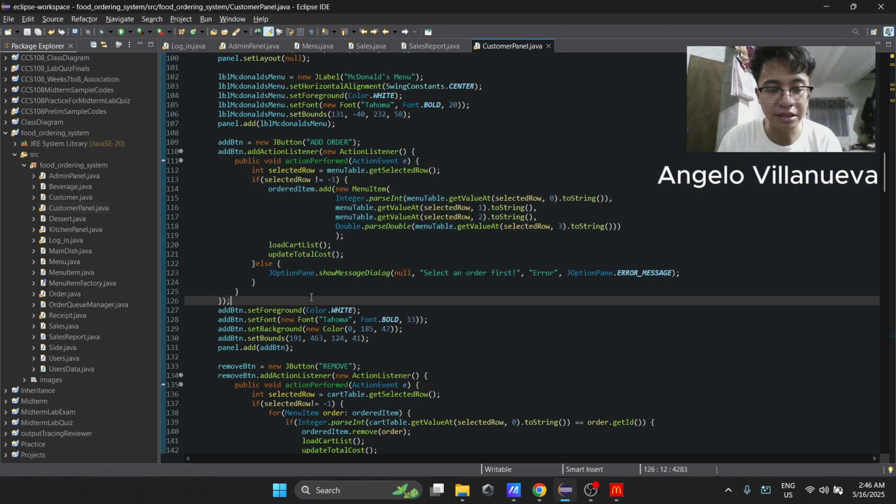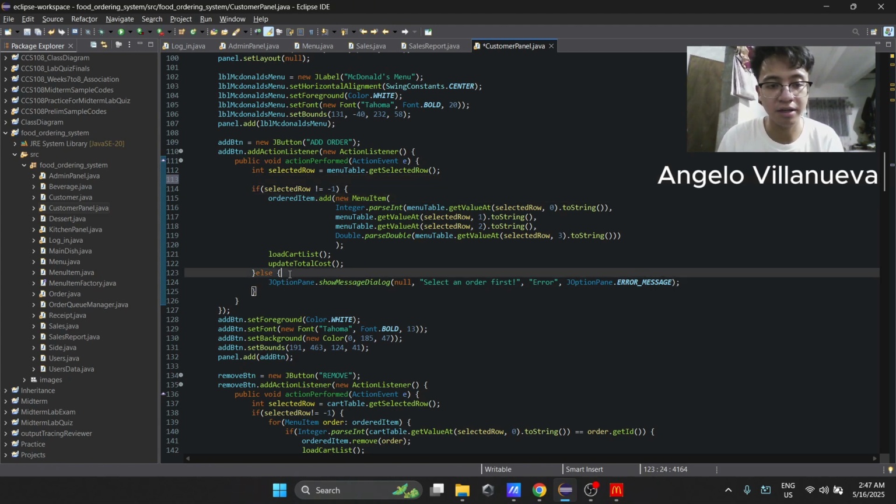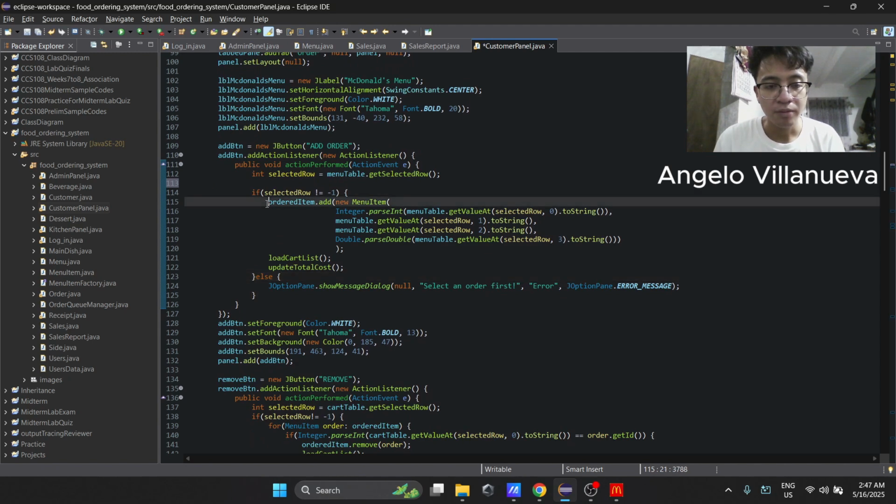Here we get the selected row and store it in a variable named selectedRow, and this will determine which row, the menu name, the category of that menu, then the price, so we can get it and move it to our order cart table. We have an if-else statement to check if there's a selected row. If the index of the selected row in our menu table model is not equal to -1, we add a new menu item object to our ordered item array list.